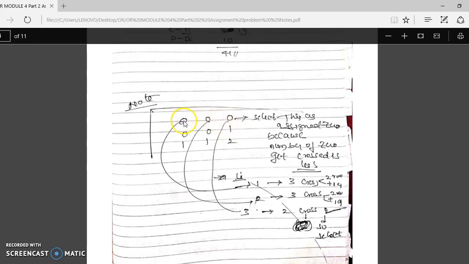As I told in the third step, here once again I am repeating. Just look here. If in the first row 3 zeros are there, which one should be selected? If I select this 0, how many zeros get crossed? 1, 2, 3 zeros get crossed, so it covers 3 zeros. If I take the second one, again this 0 and this 0, the same row and same column, it covers 3 zeros. Similarly, if I select this, 1, 2, only 2 zeros get crossed. So compared to the first and second, the third covers only 2 zeros, so we are going to select this as the assigned 0.